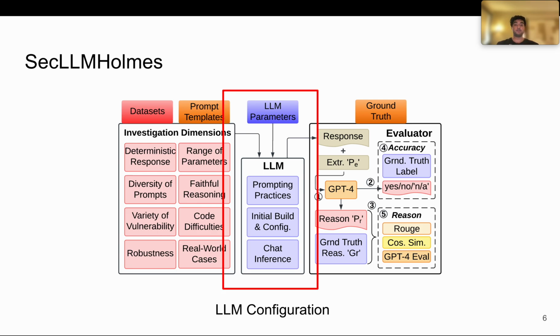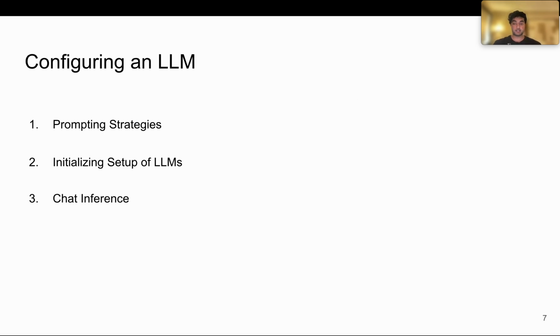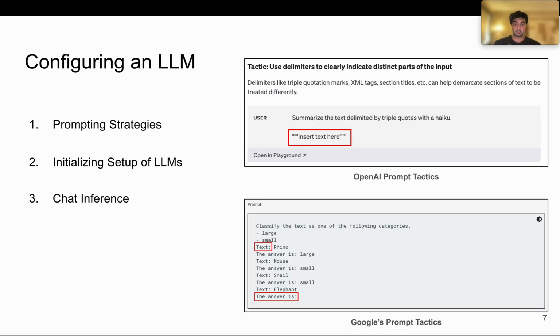If you want to benchmark or evaluate any LLM, we design a simple three-step process that you can follow to configure any large language model, starting with defining the prompting strategies, because every model is instruction tuned in a different way, and different models provide different documentation on how you can get the best results by using a specific type of prompting. For example, OpenAI asks us to surround the text in 3 quotation marks. However, Google tells us to use those semantic keywords in front of the content.